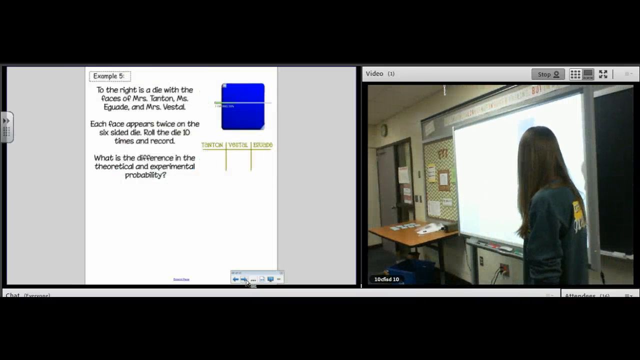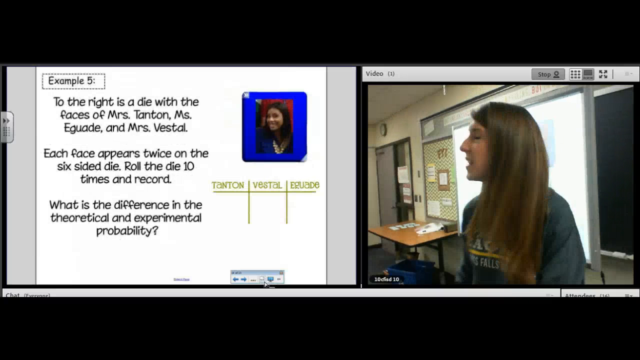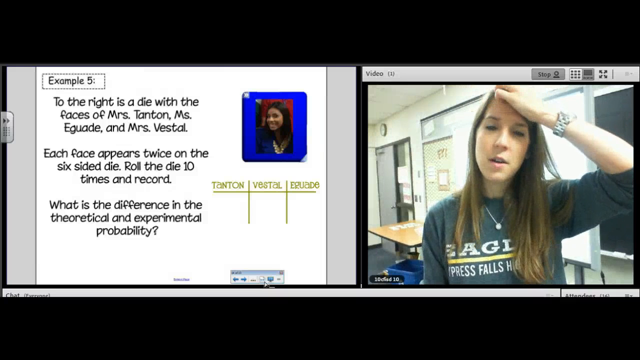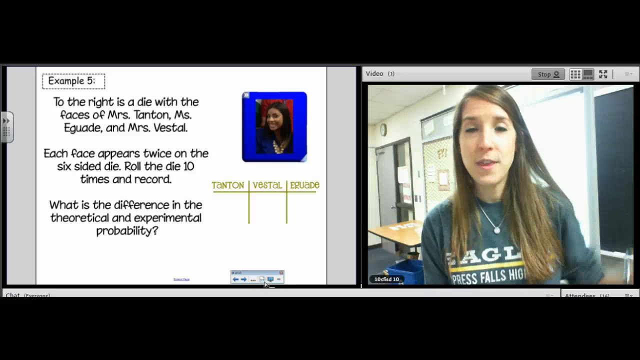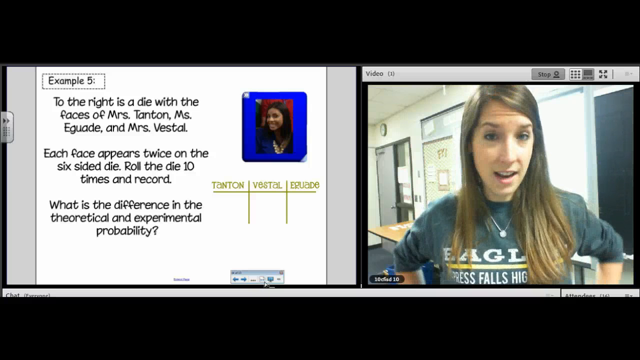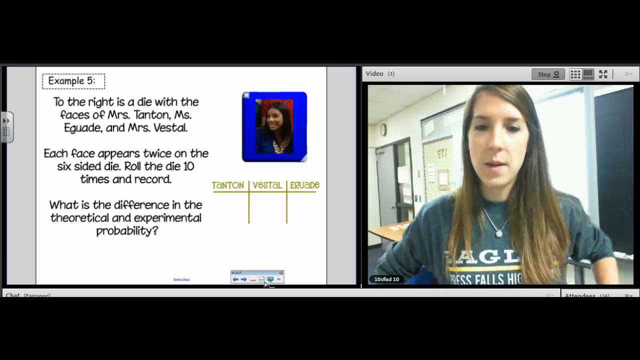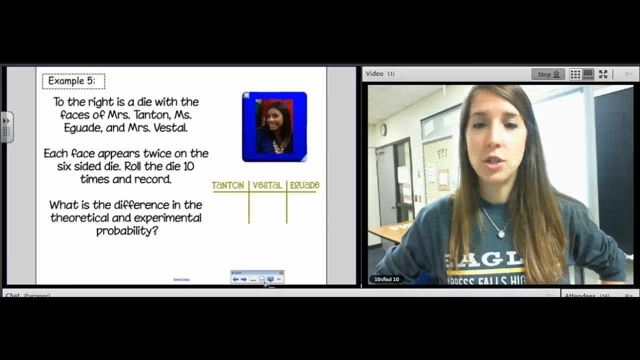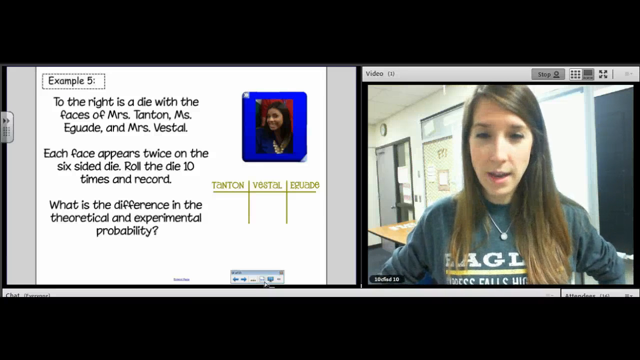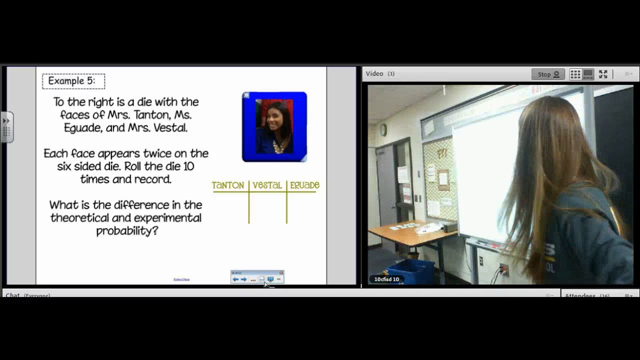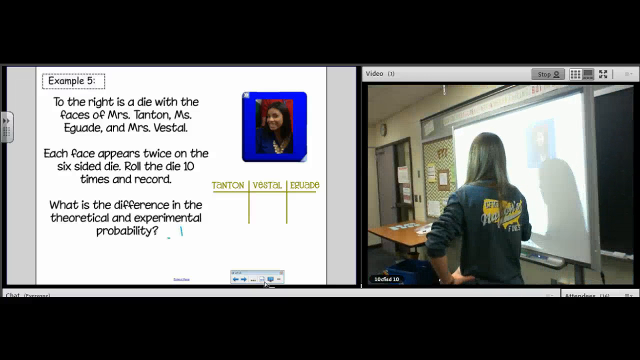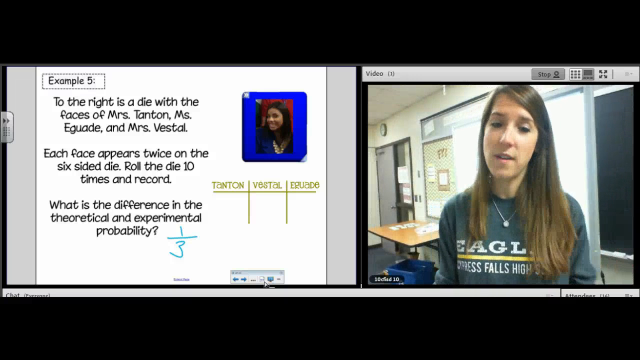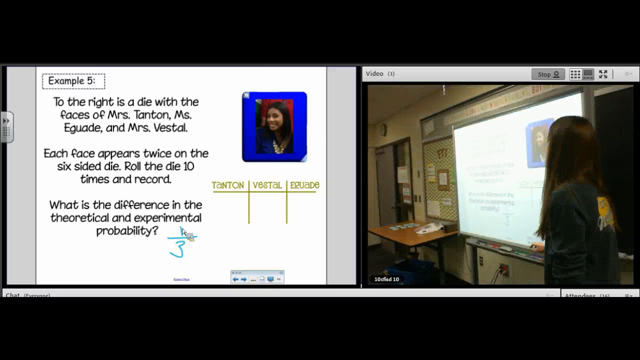All right, this is the last one we have. These are our 3 teachers that teach Geometry K at Cy Falls. So what we are going to do is talk about, in theory, how many times we should get Miss Tanton's face, and then we'll do the experiment and find out the difference. In theory, how many times should we roll my face if there's 3 Geometry K teachers? There's 3 of them and only 1 of me. So in theory, we're supposed to roll my face 1 out of 3 times. So if I click it,